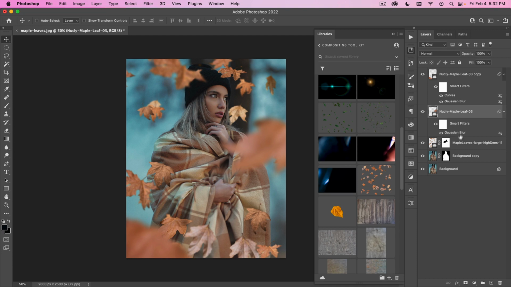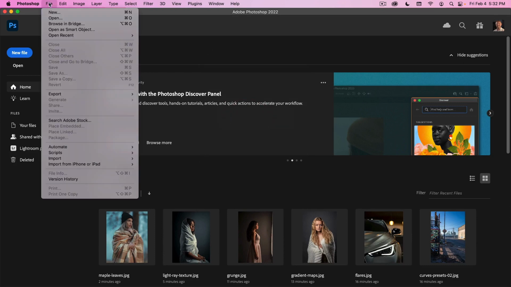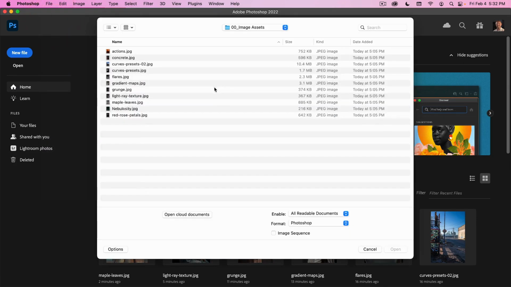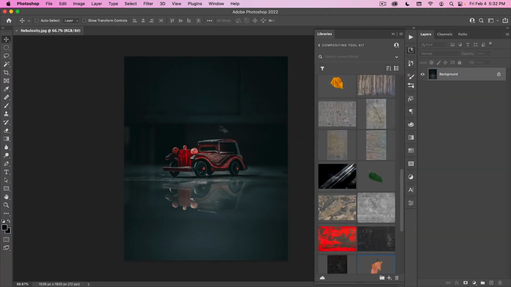This scene works really well with the color palette using the maple leaves, but depending on the scene you can use some of these other ones. All right, let's close that. And I think we just have a couple left here. So here I want to show you the God ray on this, and that's this one here.